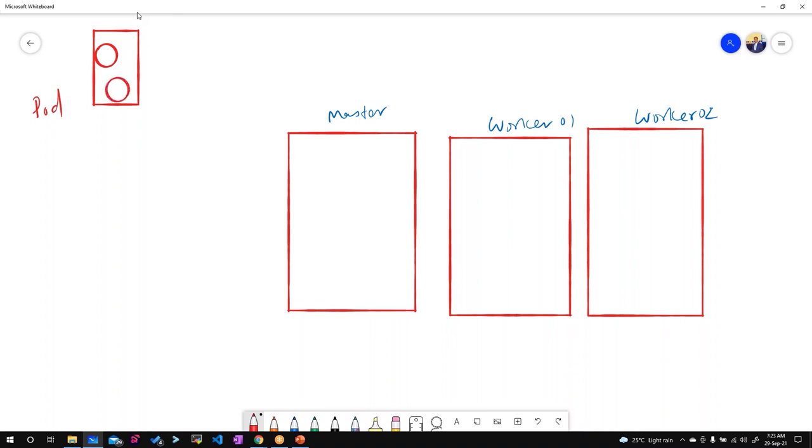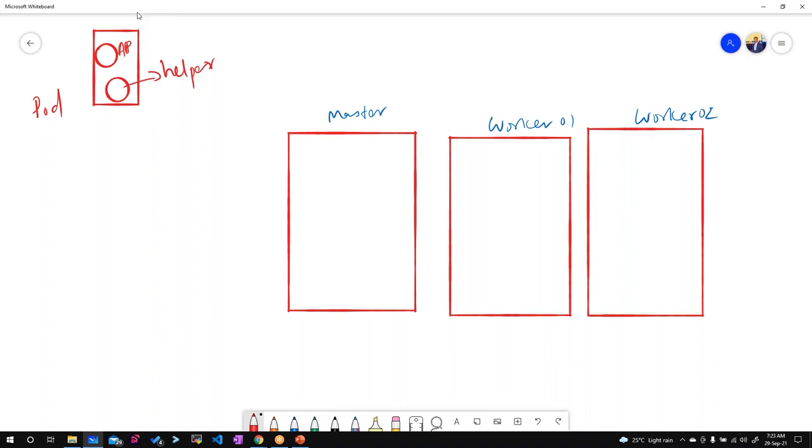These are not both application containers. One is your main application container, and the other can be a helper container that will help or extend the functionality of your main application container. I cannot put two application containers in a single pod. I mean, if you want, you can, but that is not the ideal way of doing it. So we only put helper containers.